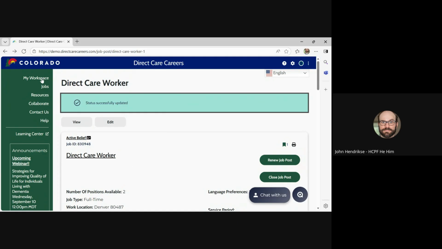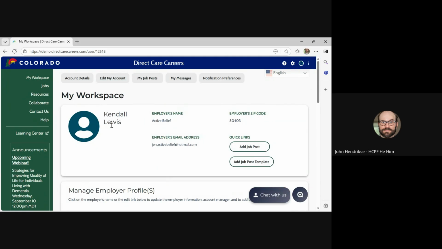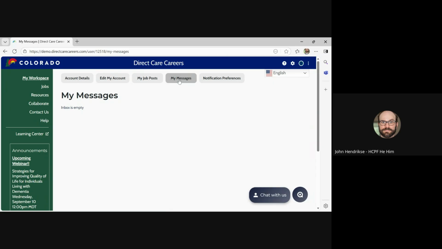For now, we are going to go back to my workspace, and there's a My Message tab. So if you come in here, this is where all of your messages from all of your outreaches, or if you're communicating with any direct care workers, about job postings. I would like to reiterate that it's very important not to wait for direct care workers to reach out to you. They may not, but if you're looking for someone and you go through all of your matched candidates from the matching algorithm and you find people who you're interested in, definitely reach out to them and sort of solicit them to